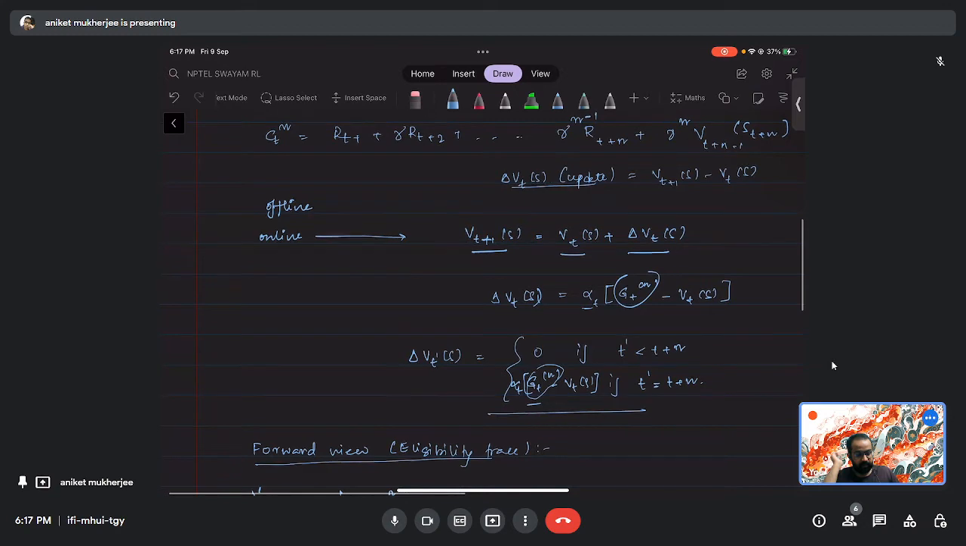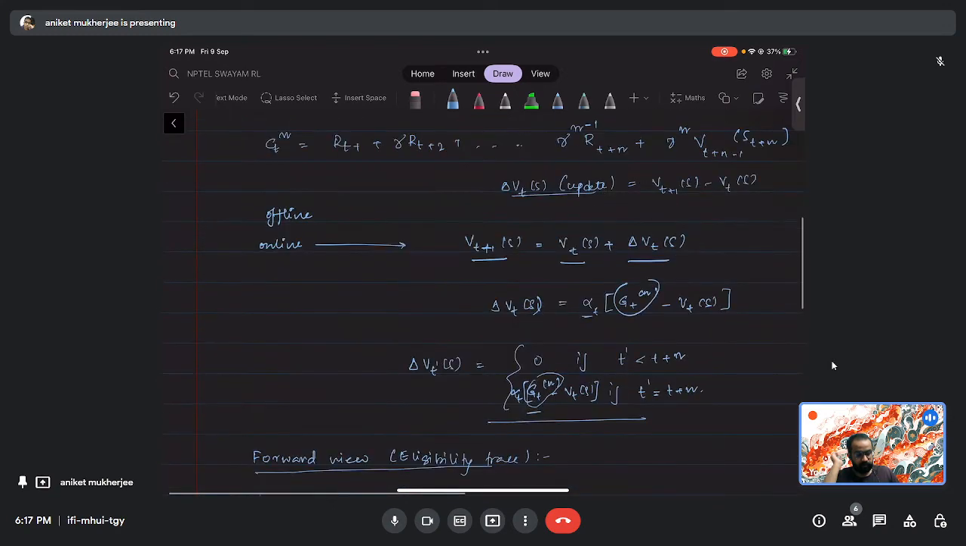Now here, for the forward view, there is no offline and online mode. So in online mode, what you do is, the first time you cover n steps, you calculate the delta V_t, you update your value. You don't care whether you have reached the terminal state or not. In offline, what you do is you wait till you have reached your terminal state, you collect all the different